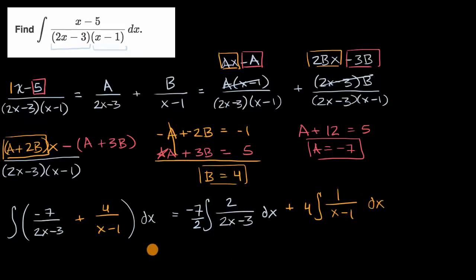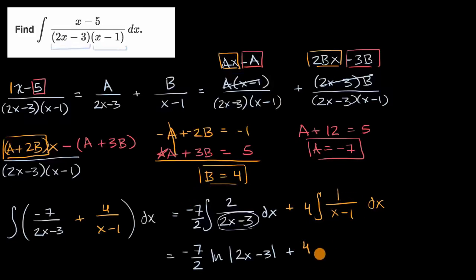So this is going to be equal to, we just have our constant out front, negative 7/2. And since we have this thing in the denominator and we have its derivative, we can really just think about this as integrating with respect to this thing in the denominator. You can sometimes view u substitution, which I'm not explicitly going to do here, as the reverse chain rule. The antiderivative of 1 over x is the natural log of the absolute value of x. But here, the antiderivative of this is going to be the natural log of the absolute value of 2x minus 3. And then for this part, this is going to be plus 4